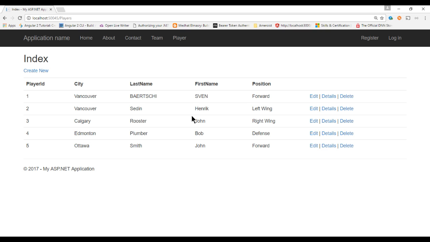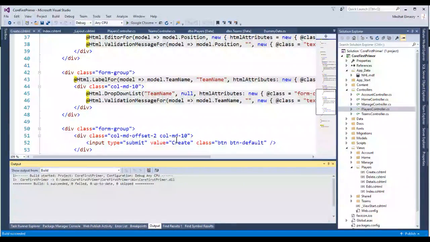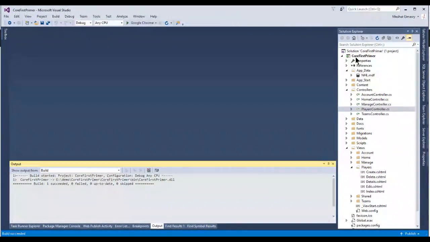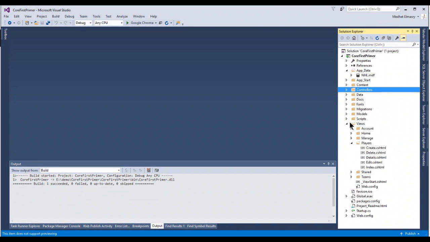So what have we done so far? We modeled two entities, team, player. We executed migrations, which created the database, and then we scaffolded those entities, and it generated for us the controllers and the views for both player and team. Now the next question is, suppose we want to change the model. Let's go back to our model here,